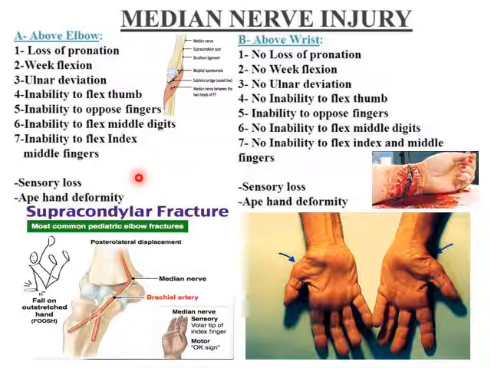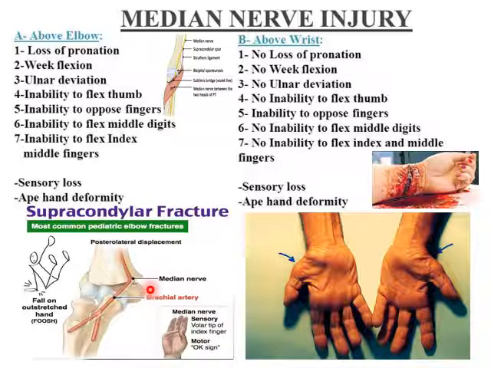And there is sensory loss to the lateral 3.5 fingers, along with the sensory loss to the main part of the palm and the thenar eminence, and this gives an ape-like deformity to the hand. And this injury to the median nerve above elbow can happen